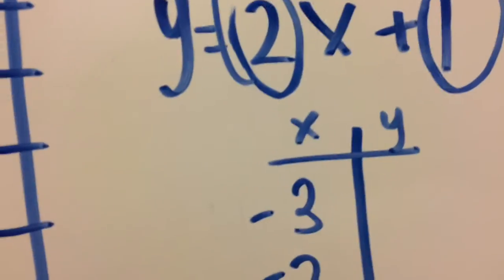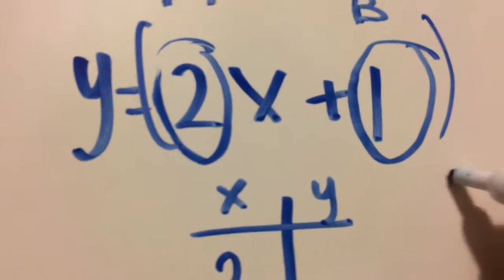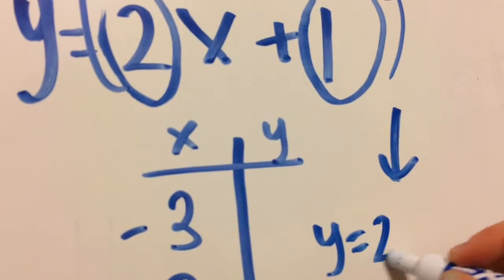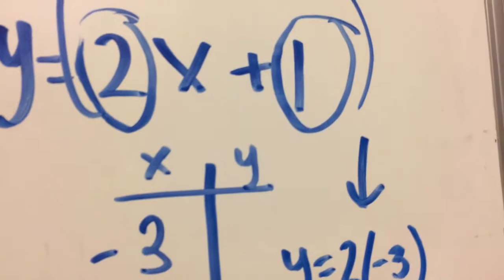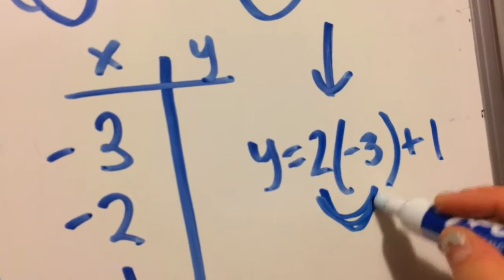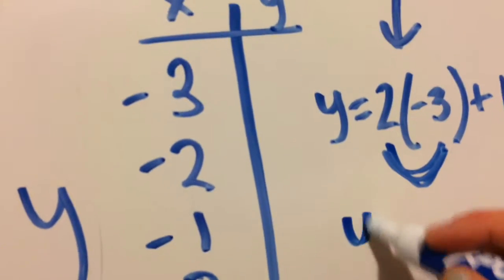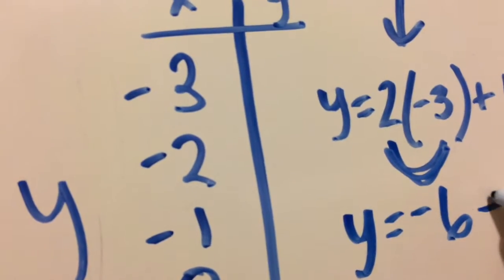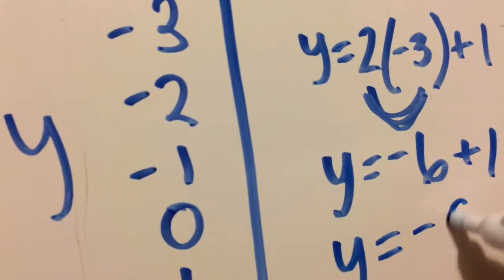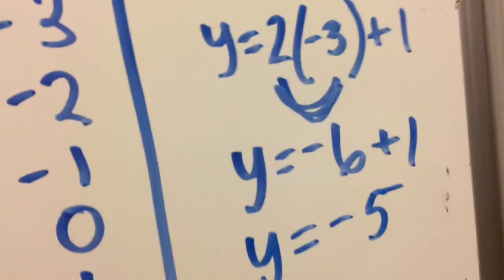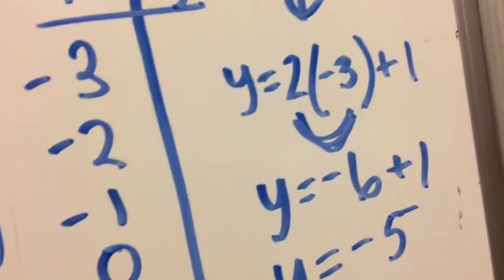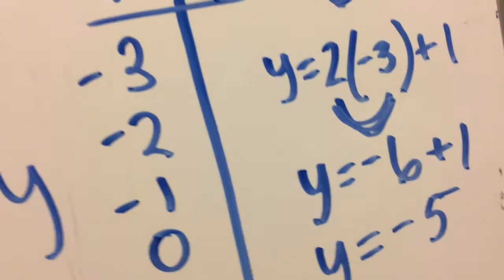So if you plug in -3 for x, then you're going to get an equation that looks like y is equal to 2 times -3 plus 1. Then you always would multiply these two together first, and then you would get y is equal to -6 plus 1, just like that, and then you would get y is equal to -5, because -6 plus 1 is -5. And we will go over adding and subtracting negative numbers in a later video, but just so you know,